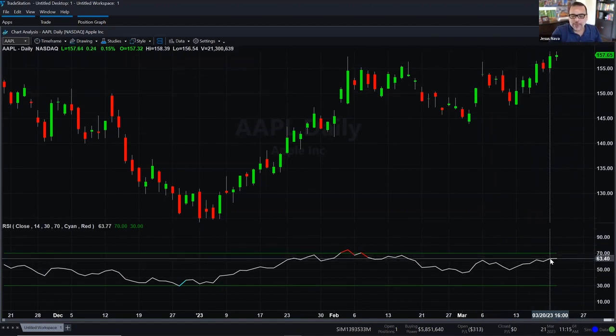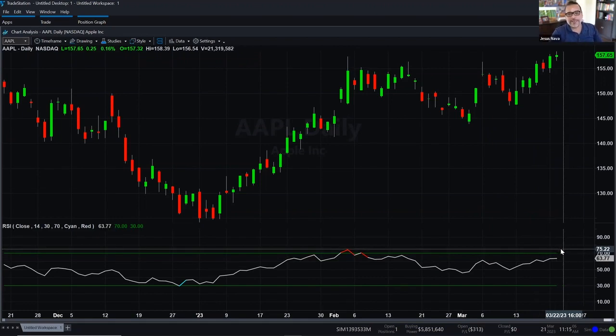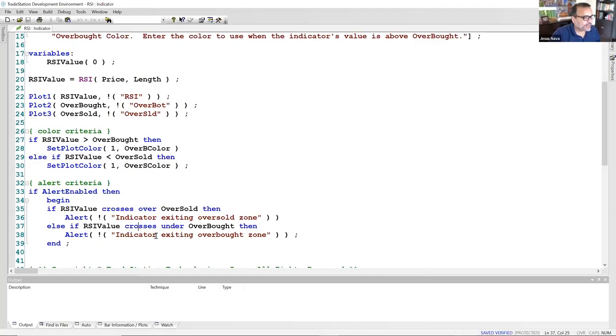So if Apple becomes overbought at any moment, maybe, I'm just saying maybe because that just depends on the type of trader you are, maybe you want to be notified if it becomes overbought. But I want you guys to take a look at what the alert criteria says. Let's look at the second line, which is the overbought area. If the RSI value crosses under overbought,